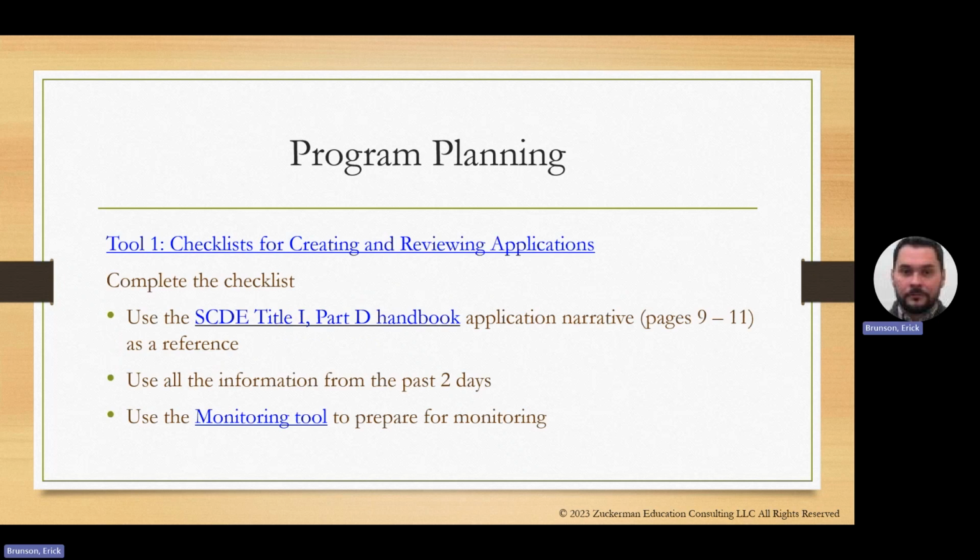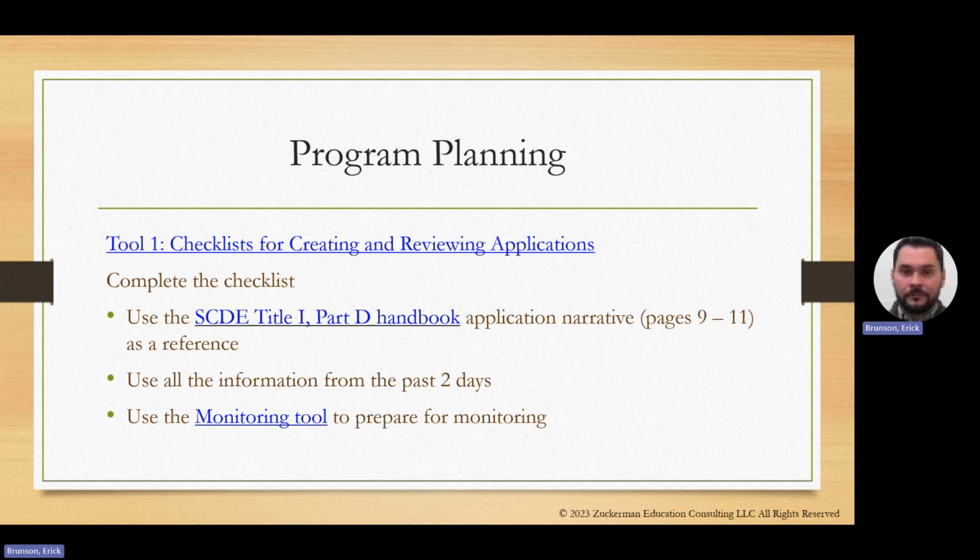So what we are going to do for the program planning section is you have three tools that I really think all work together to get you set for a solid school year. You've got the checklists where you can evaluate. If you're starting from scratch, you'd start with the application and filling out your application. That might include taking last year's application, dumping it into a Word document, and then comparing it against the checklist and seeing, are there any gaps here? Are there any places where maybe we're not strong yet? We want to do that.